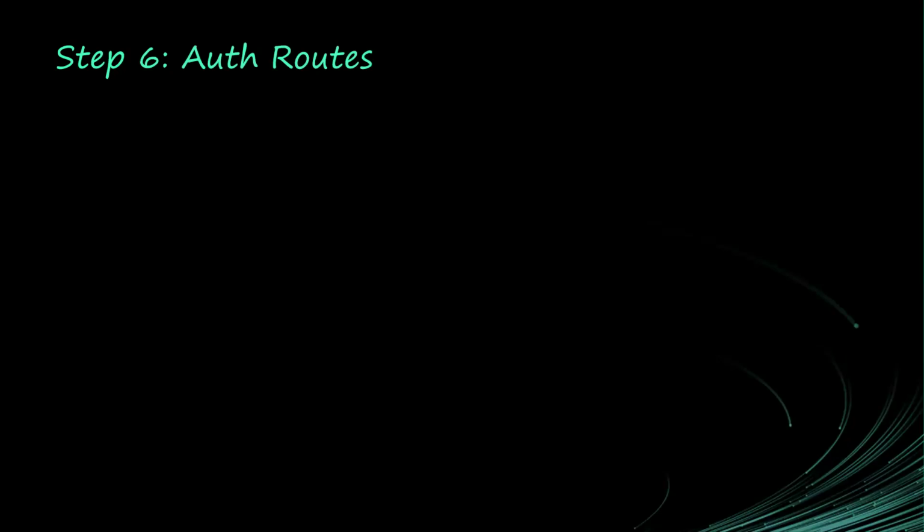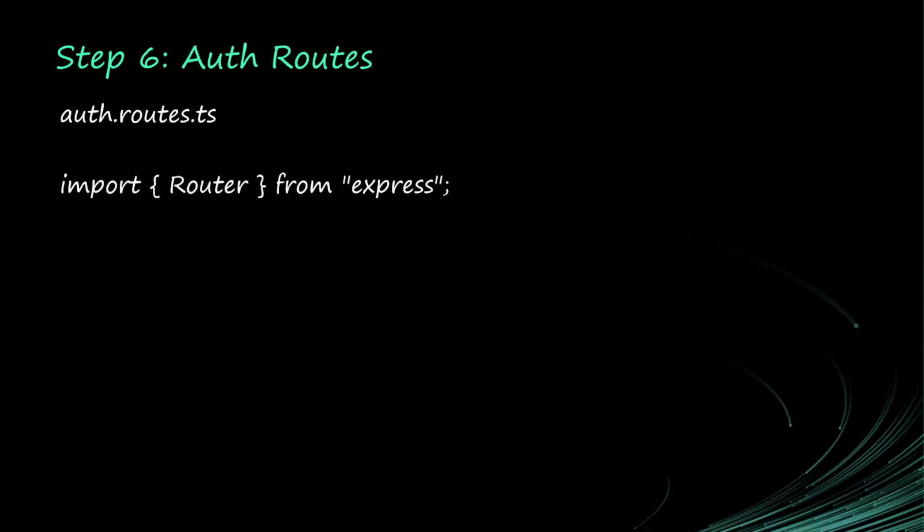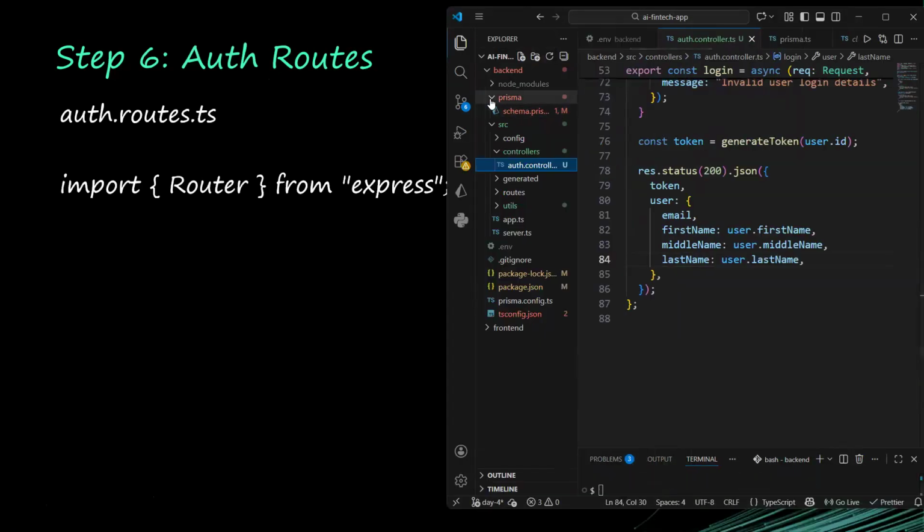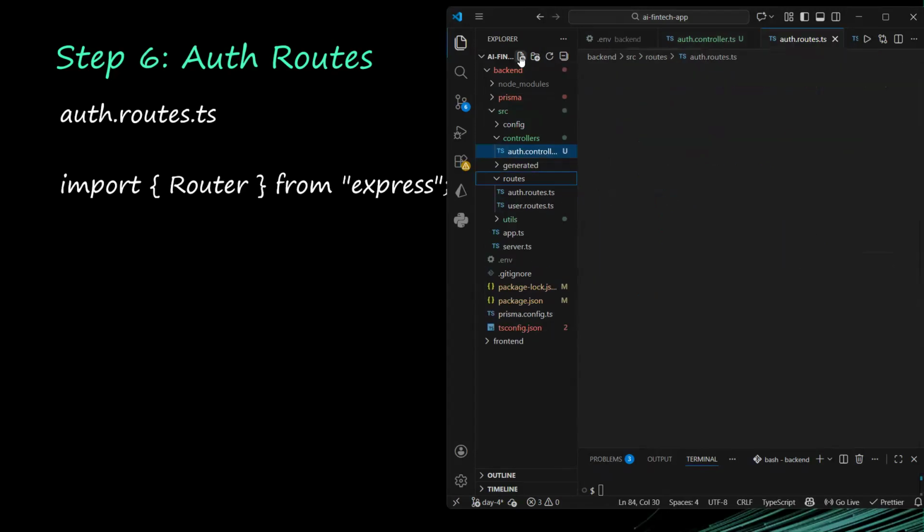So the next thing is to go to our auth route. We are going to create another route, auth.route.ts. Let's go in our routes folder. We might be deleting some files here. In our routes folder, I'm going to create auth.route.ts. Everything that has to do with authentication, login and sign up, will go through this route. So the first thing we do is to import